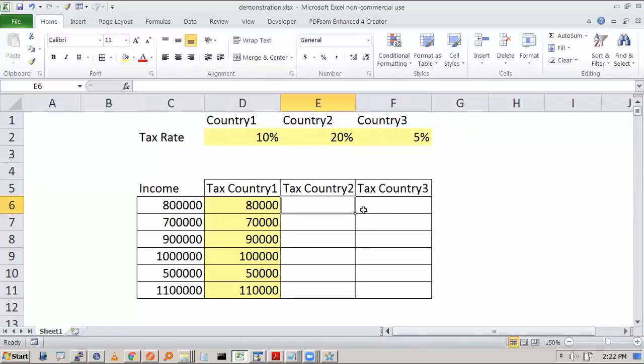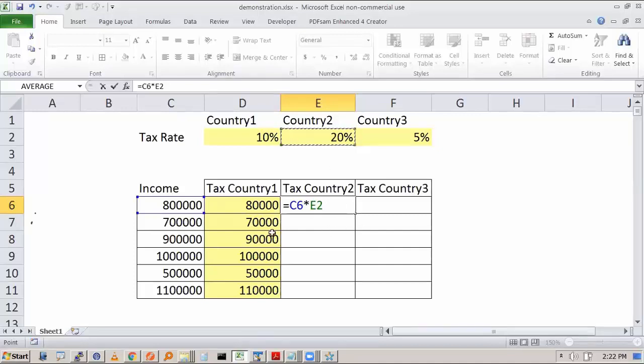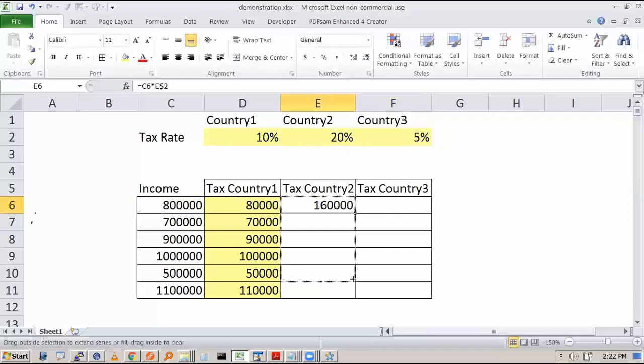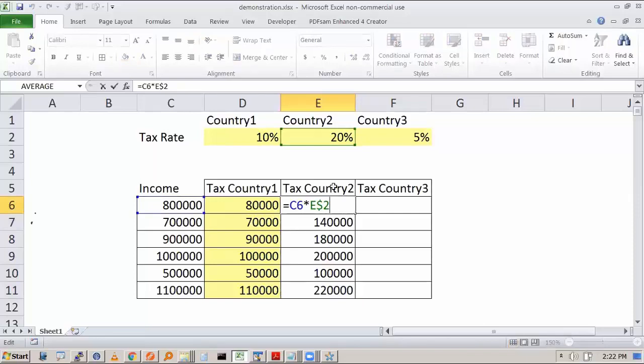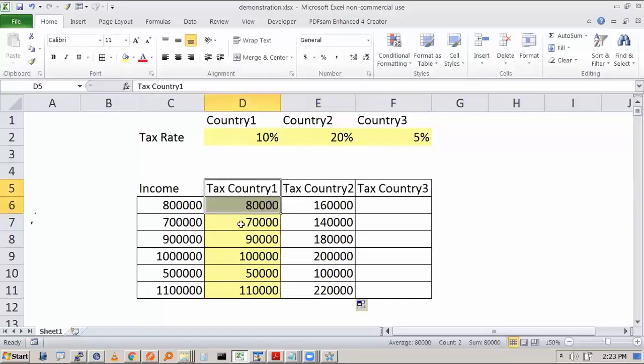Now, when we talk about formula construction, some students I have seen, what they will do is they will write a formula for country 1, then they will write for country 2. They will say, again this C6 into this, and here you have understood, I have to fix the row, you have fixed the row, and you have said this is the tax you have to pay. But guys, this is not smart work.